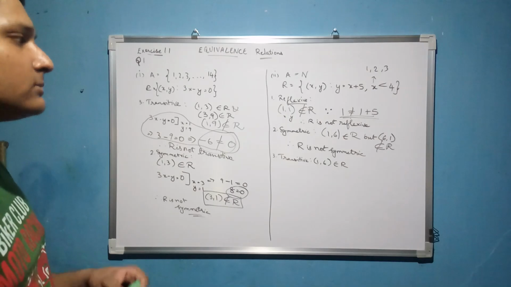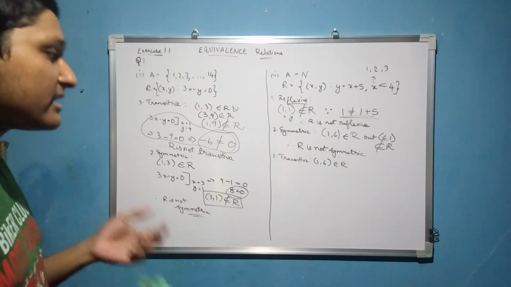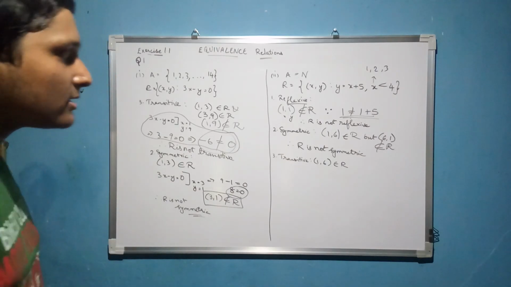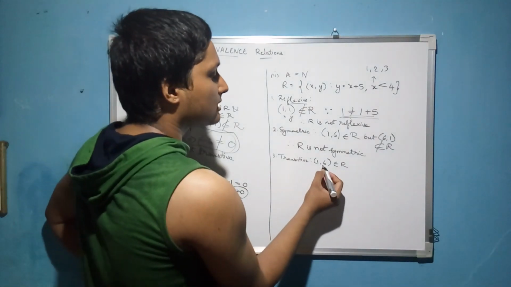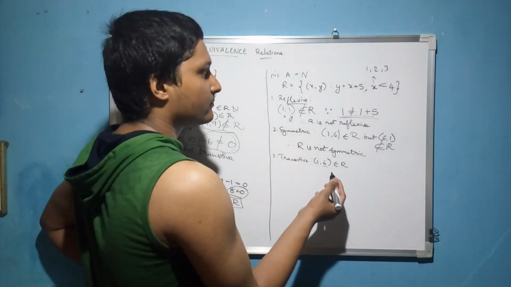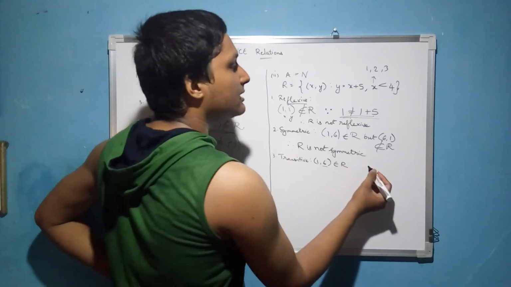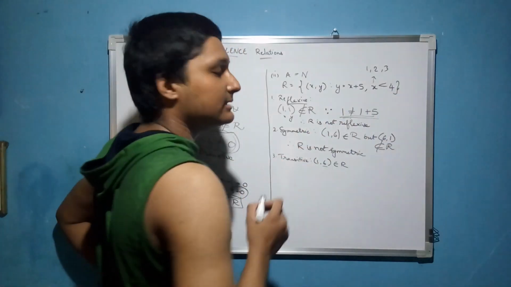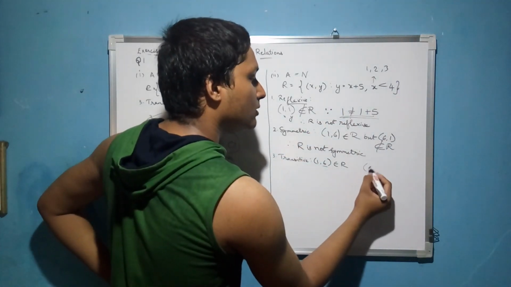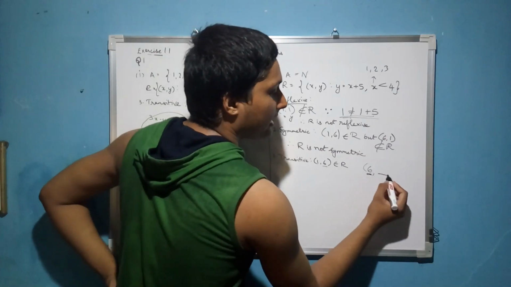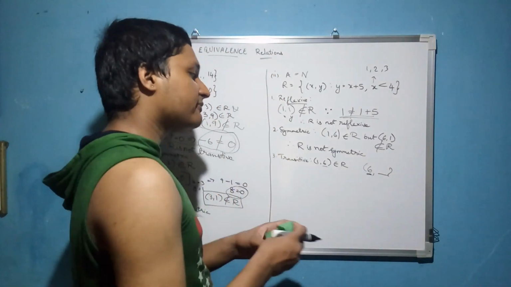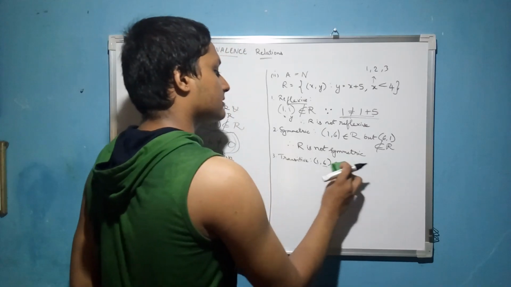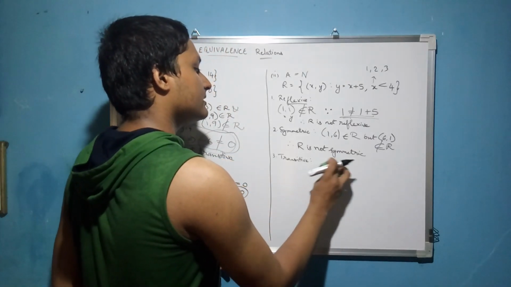I'm feeling a doubt whether I have a case against transitivity here, because the smallest number that comes at the place of y is 6, and that cannot come in the place of x because x is less than 4. So there will be no term that starts with 6 and has one more term. Therefore, there is no case against transitivity. So can I just explain that